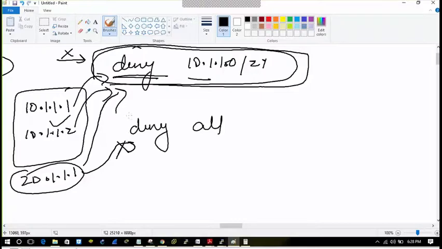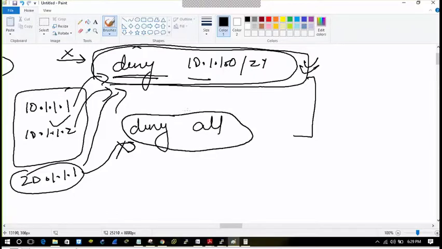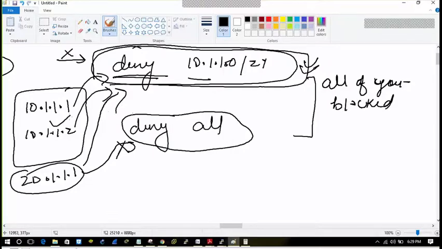So because of these two statements, the deny statement that you have written, and there is also an invisible deny statement that is present everywhere, in the end there is an implicit deny. Because of this statement, all of your traffic will get blocked. It is irrespective of class. If I put a C class here also, that might be blocked too.